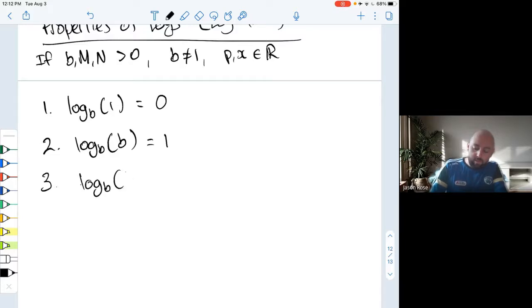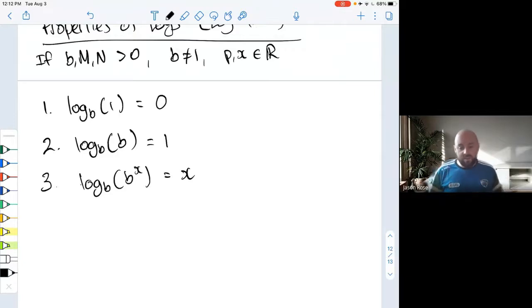Log to the base b of b to the power of x. Again, you can use your understanding. b to the power of what makes b to the power of x? b to the power of x makes b to the power of x. This here is going to have to be an x. And